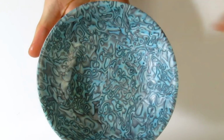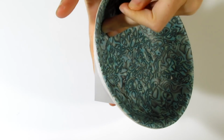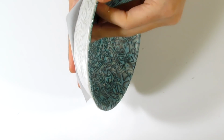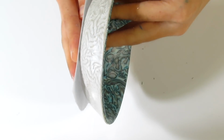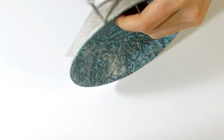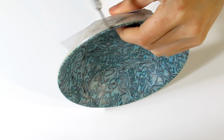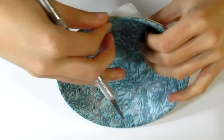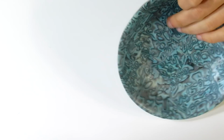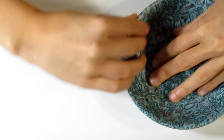Now grab that, and I'm just going to remember to use this piece of paper. I'm just going to check these edges. If I see any that's left, I'm going to quickly smooth that out of the way. We don't want these excess little bits. We got most of it off with our craft blade, but there will be a few little bits left over. Be really careful not to touch the raw parts. Okay, last thing I want to do, I just want to smooth around the edge,